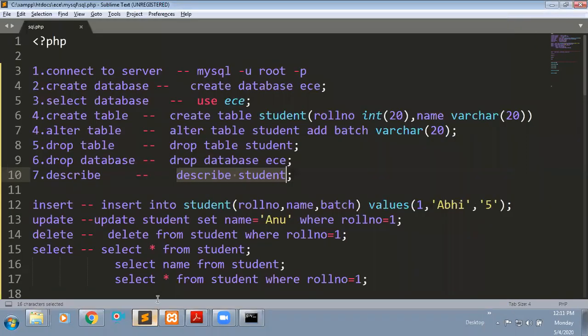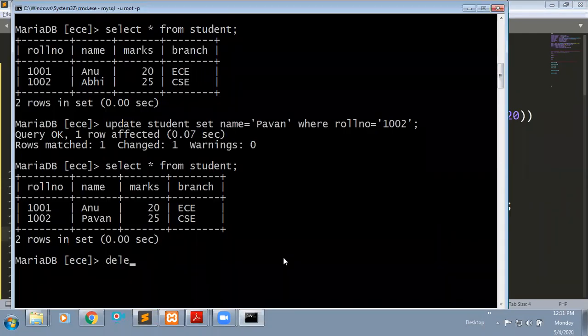Then we have the delete statement. If you want to delete some row from your table, we have the delete query, that is delete from. From where you are going to delete, you need to mention the table name, student. I'm going to give the condition where roll number equals to 1002.